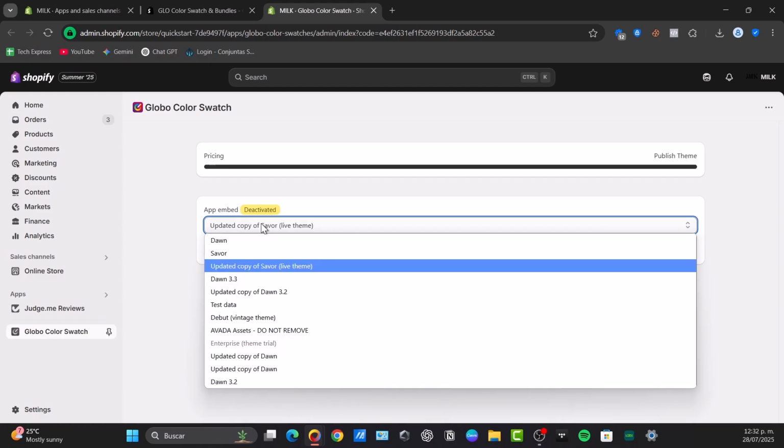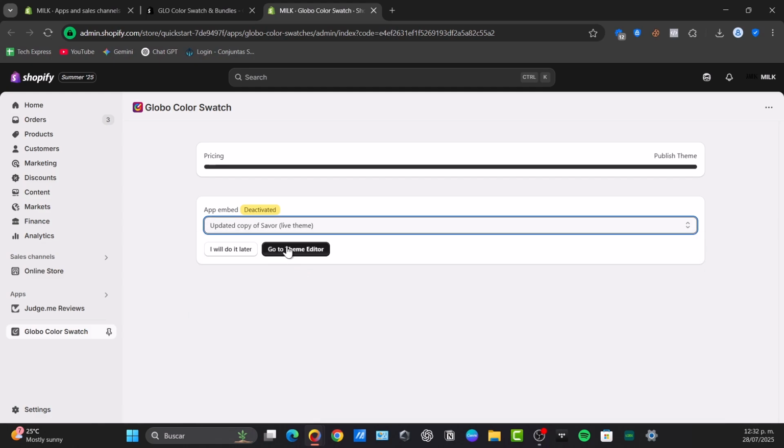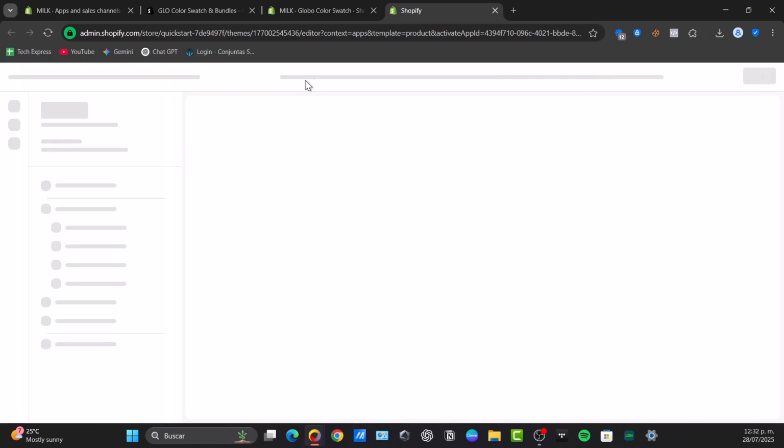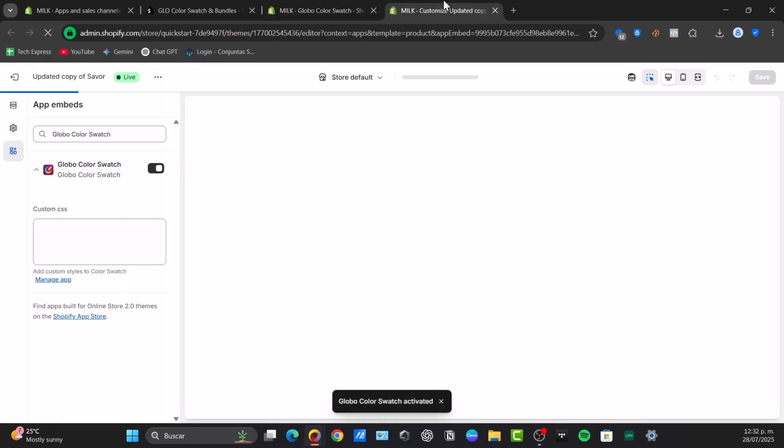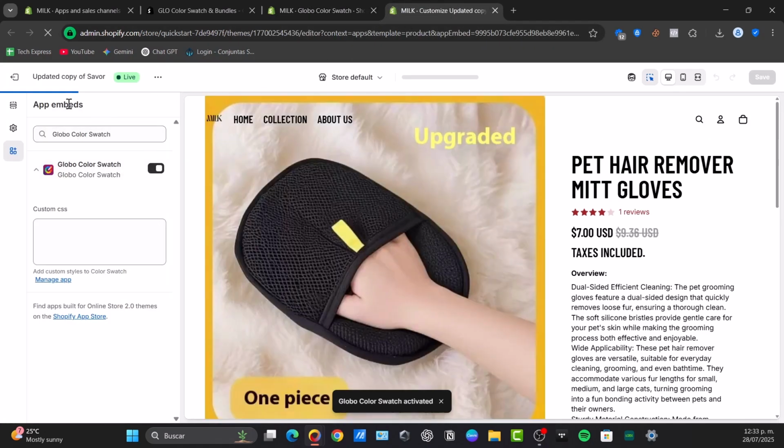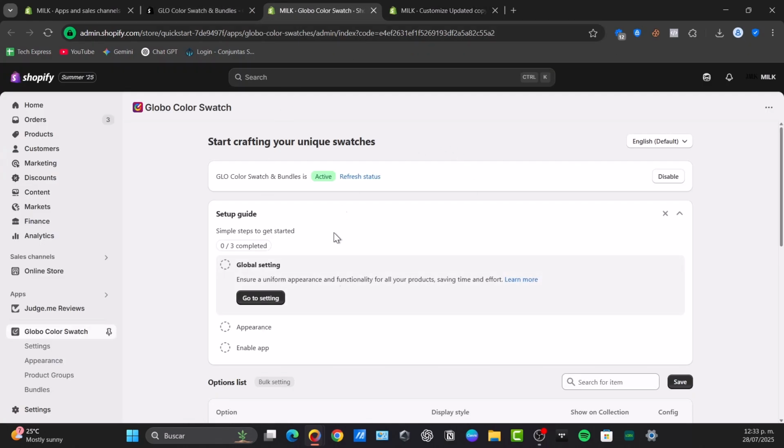Now, really important to choose the one that says live theme, the one that we are currently using. I go for the theme editor, and I needed to enable my theme editor, I mean the color swatch, inside my editor. So for that, I just clicked into this option. I make sure that this one into apps and beams is enabled. Once you have done this process, I can go back and I can start setting up my first color swatched